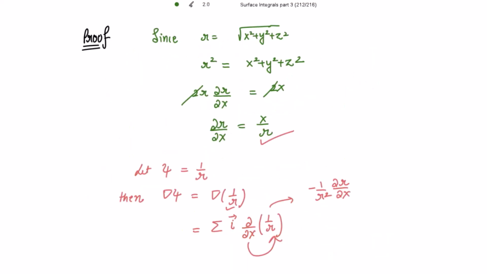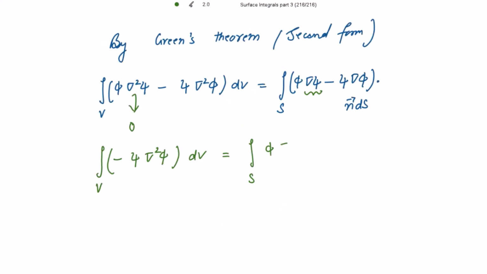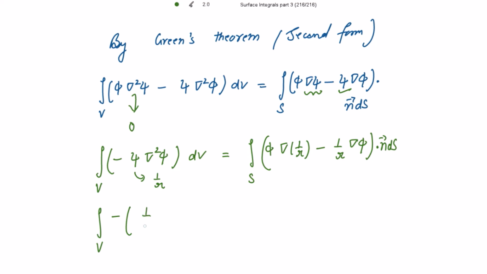We have taken xi to be equal to 1 by r. Yes, then del xi becomes del 1 by r, that is the gradient of 1 by r. So I am replacing del xi with the gradient of 1 by r or del 1 by r. Minus, again, this xi is 1 by r and this is del phi, right? And its dot product with n vector ds. On the left hand side also I am going to replace this xi with 1 by r. So I am getting the volume integral of minus 1 divided by r